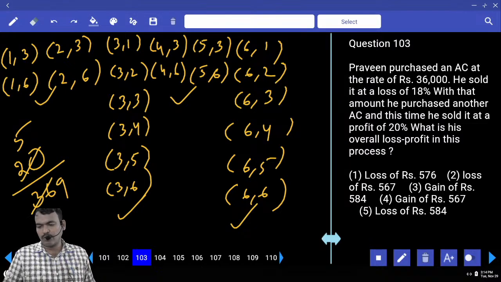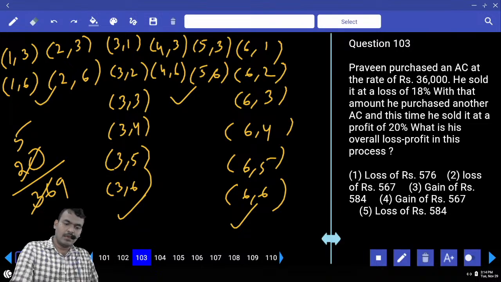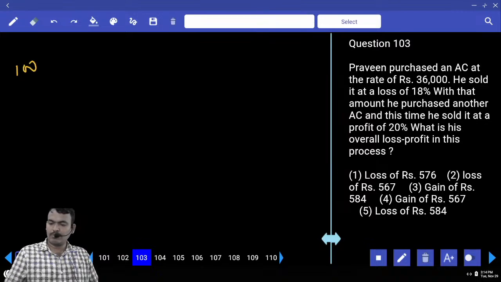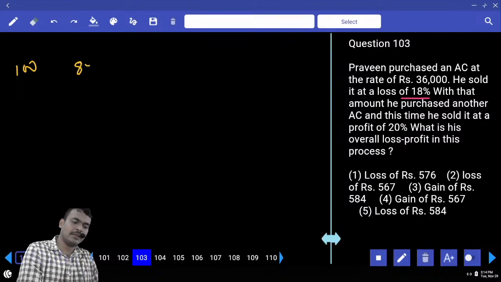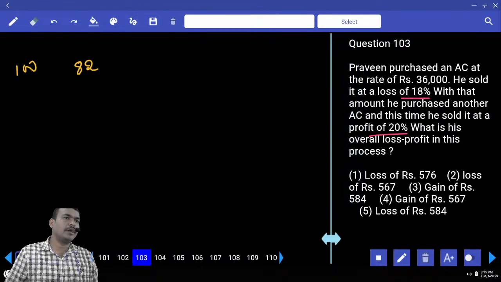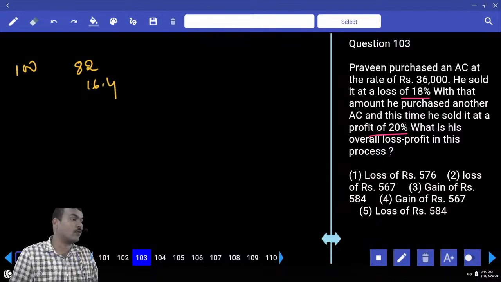What is his overall loss or profit in this process? Suppose the actual cost price we consider is 100 rupees. How much percent is the loss? 18% loss, means the selling price is 82, or not. Again it is sold at how much percent profit? 20%. What is the 10%? 8.2. 20%? 16.4. 8.20 plus 16.40. 82 plus 16.4. Total it is